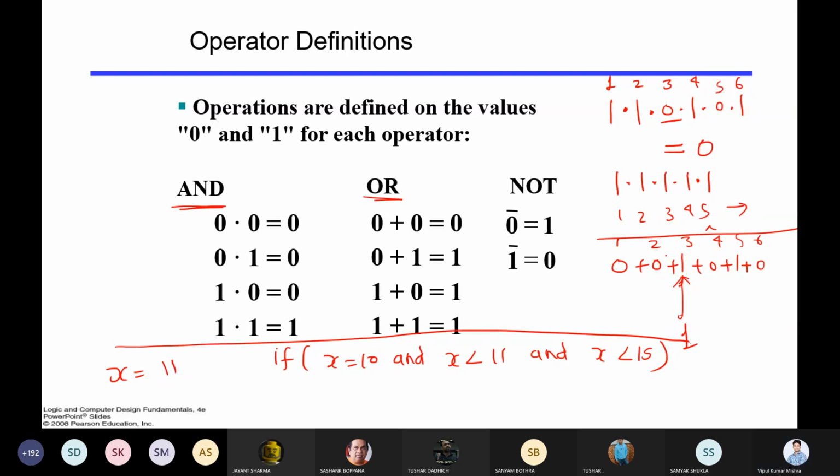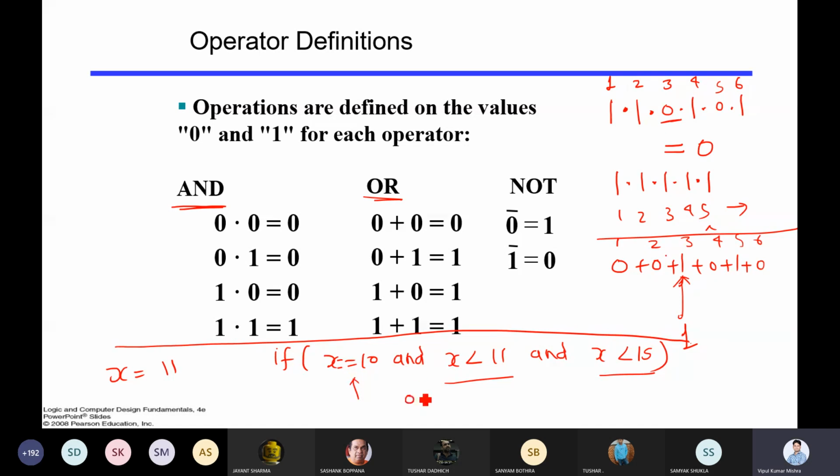So what will happen? When will this if condition terminate? Immediately at x equals 10. It will not actually execute the other two. It will say, okay, x is not equal to 10. Sorry, it should be double equals, then only it will be a condition, otherwise it will throw an error. So it will say x equal to 10, no, it is false. It will terminate. It will not execute further.